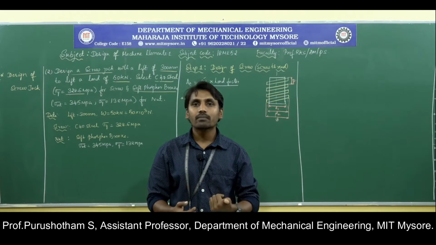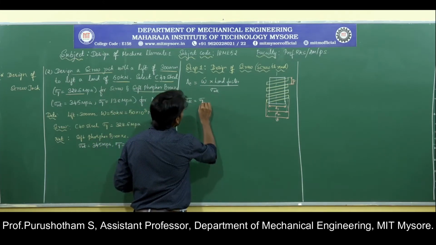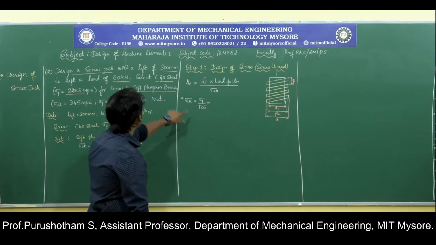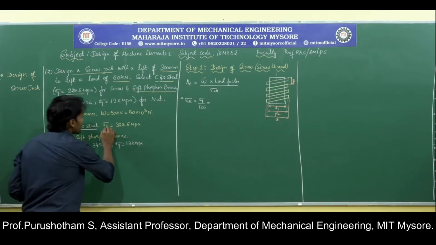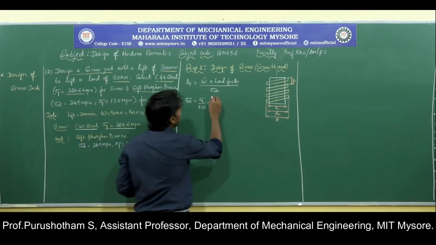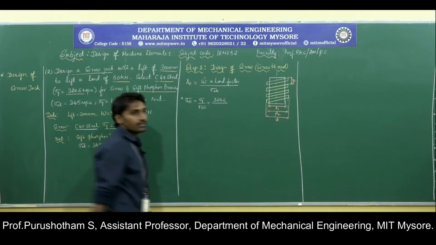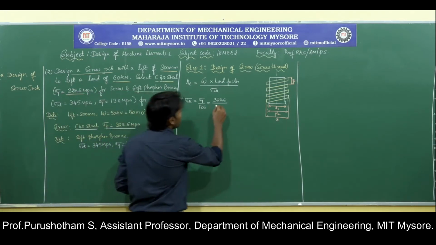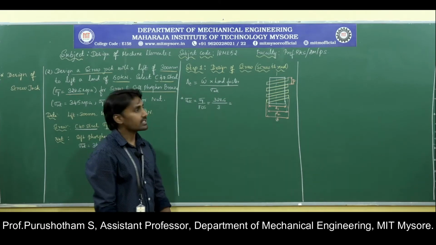We need to take the sigma y, and for that we need to take the factor of safety as 3. Here also the allowable stress is given by sigma y by factor of safety. In this problem they have given the screw material, that is C40 steel. They also gave the yield stress, that is 328.6. For the screw material they have not given the factor of safety, so we have to assume the factor of safety, which is equal to 3.